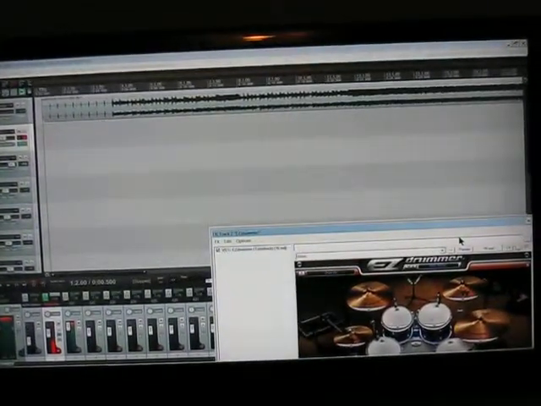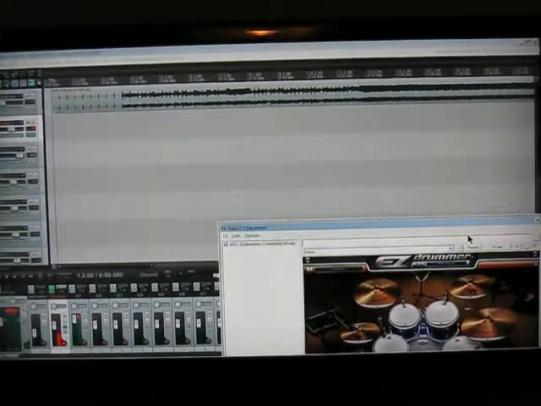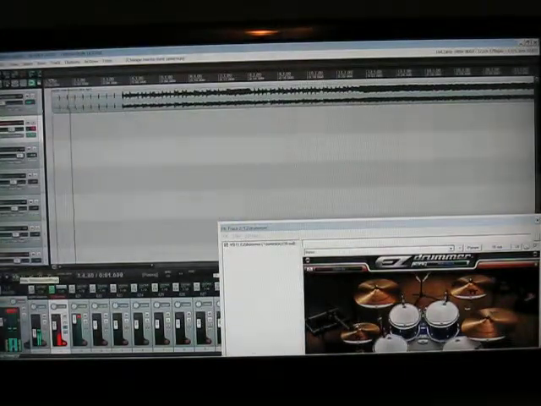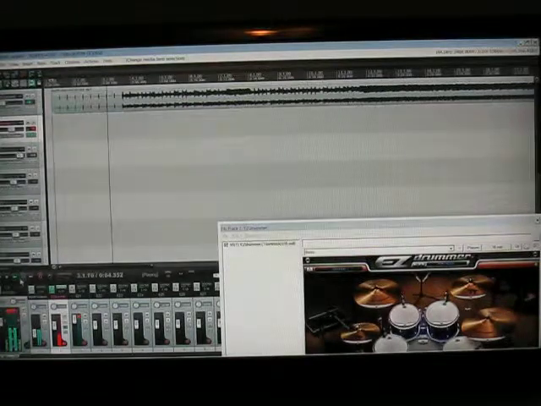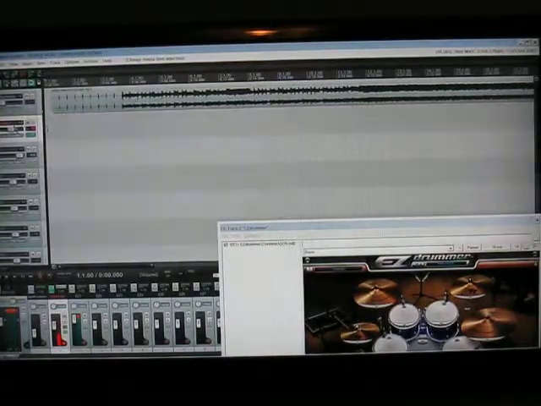For the sake of speed, I've already opened Reaper, which is my DAW, and I've already dropped a track, a drumless track, in. Let me play that for you. Okay, and you can see right here that I've put the click on the track, and I'm about to insert